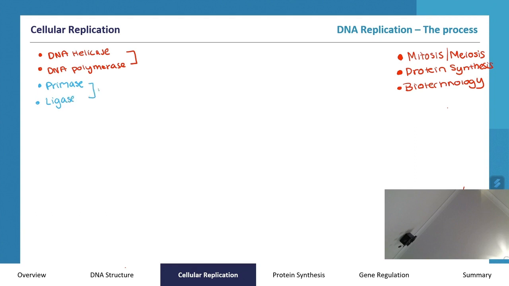Now, while these two are not in the syllabus explicitly, I have seen multiple choice questions come up that deal with the roles of primase and ligase. So it's still important for you to know something about them. I don't think you need to explain their roles per se, but you need to know the process in terms of these four